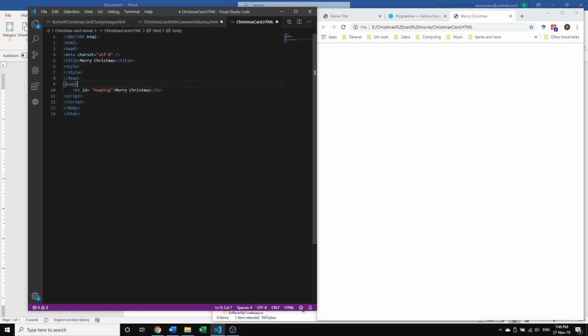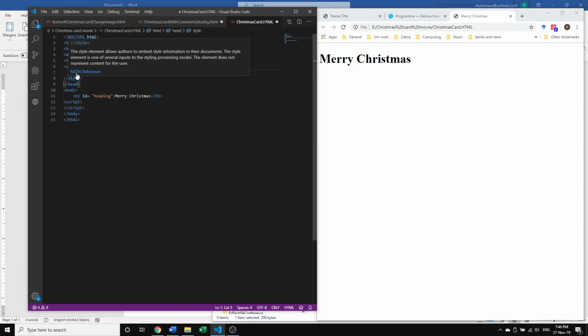Okay, and save that. And then we go over here and we see there it is there. Now a couple of things about that. It's not centered, and also it's not red. So this time we're going to go into the style section, and because we've already given this an ID, we can get hold of that by going hashtag